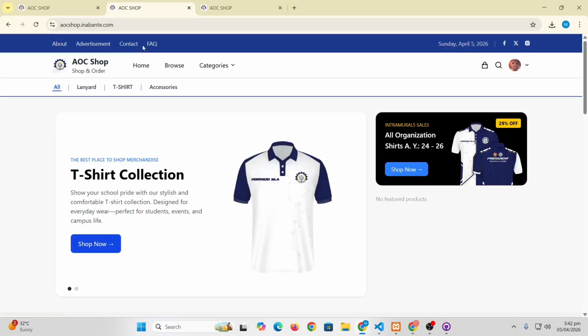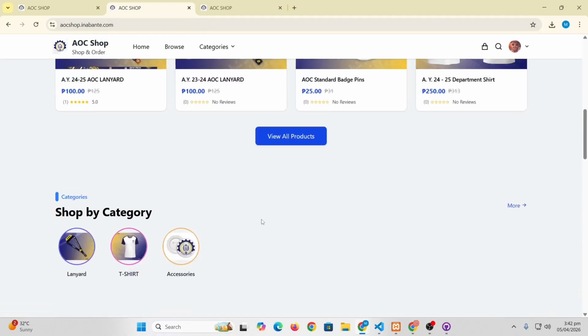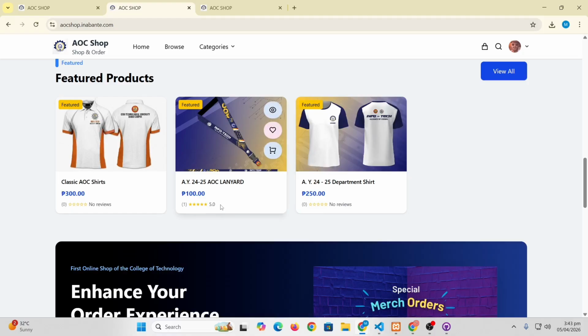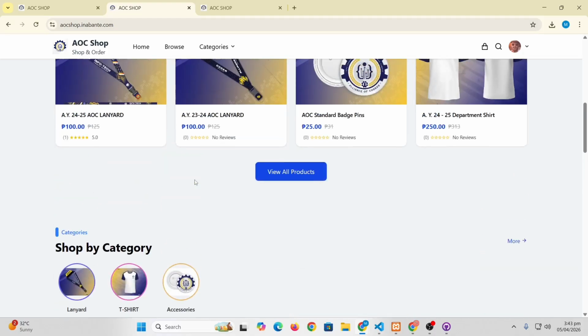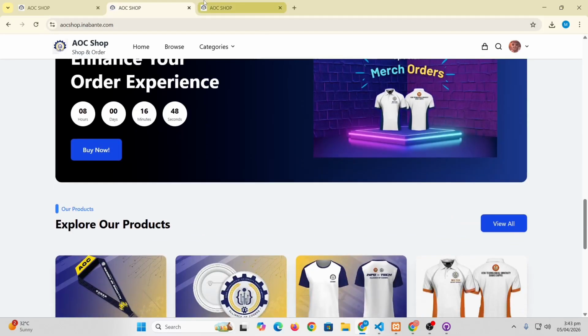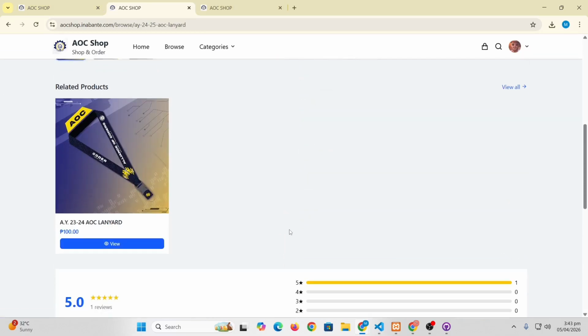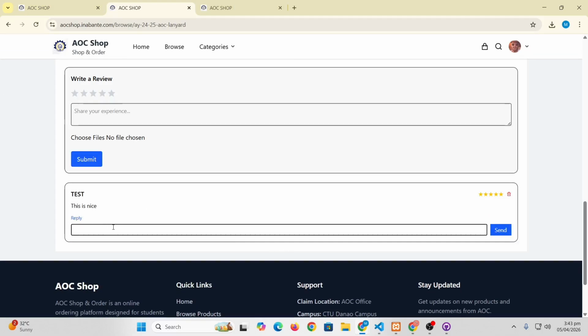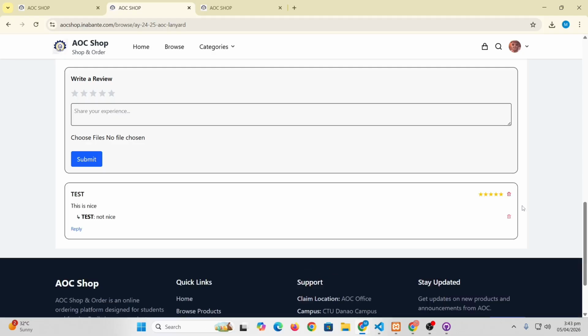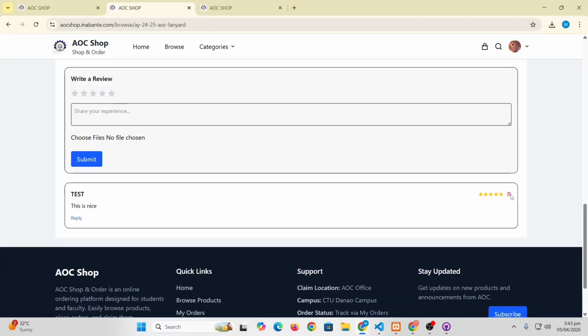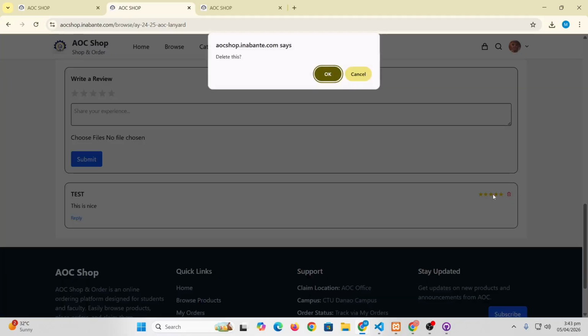If we navigate to our home and select the featured product, as you can see, it has 5.0 and 1 review, and the other has no reviews. Okay, so you can add a review, and also you can reply to that review and delete the review. For example, I will reply to myself, not nice. Send. So you can delete it because this is your own review.